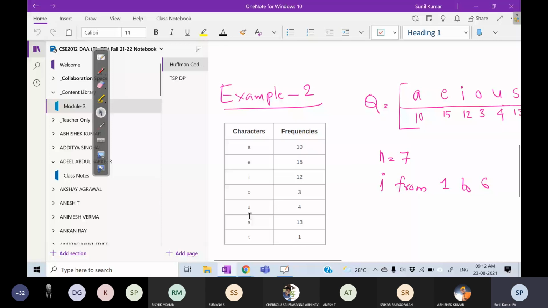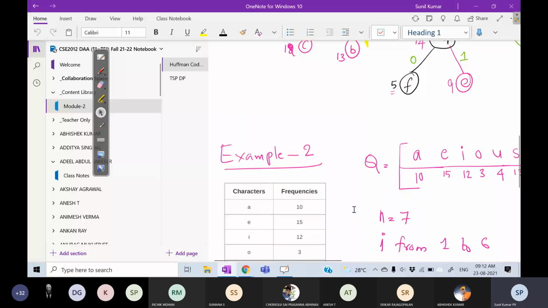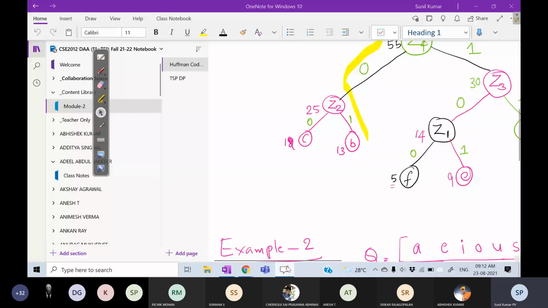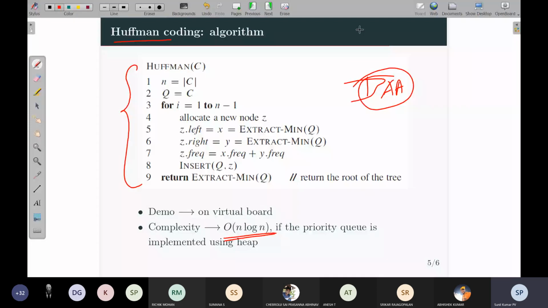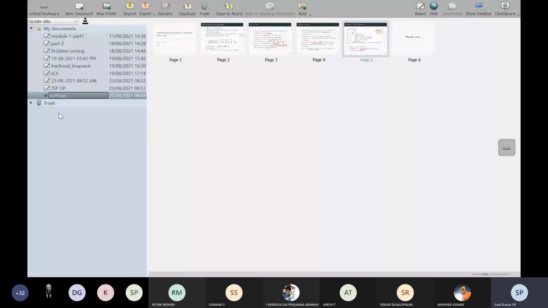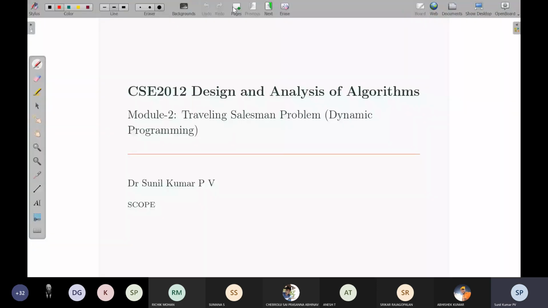Now let us go to the next problem, the next algorithm. What is that? This problem you already know. When we discussed the brute force strategy, we discussed the traveling salesman problem, and how to solve it using brute force. What is the traveling salesman problem? Anyone?